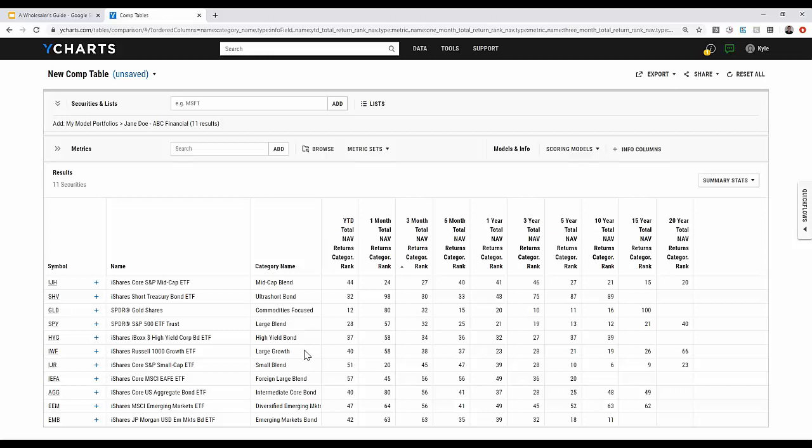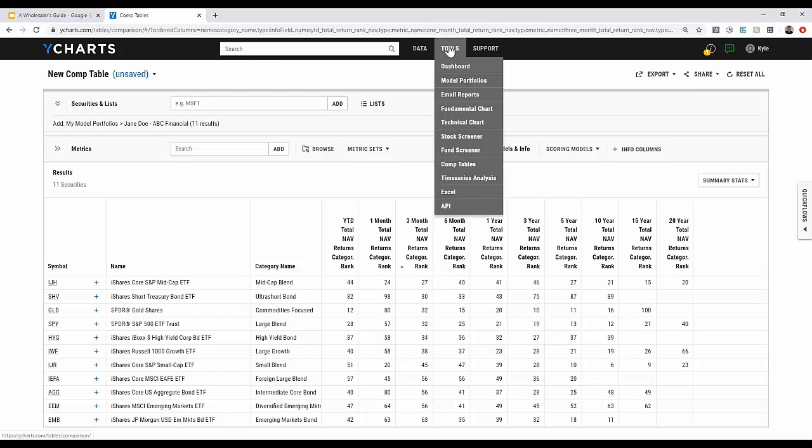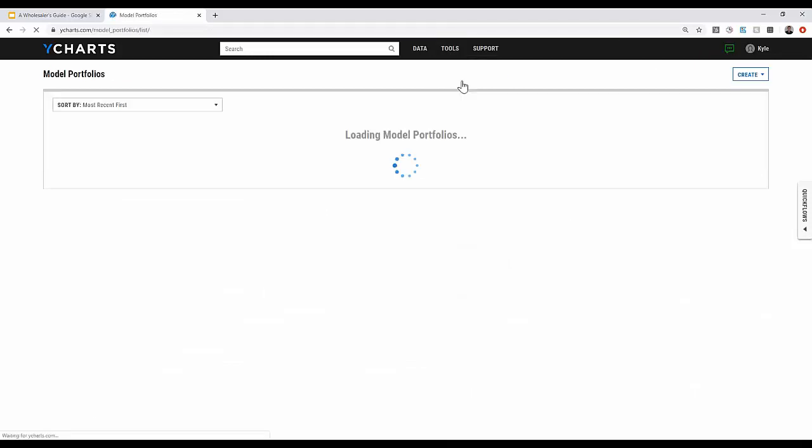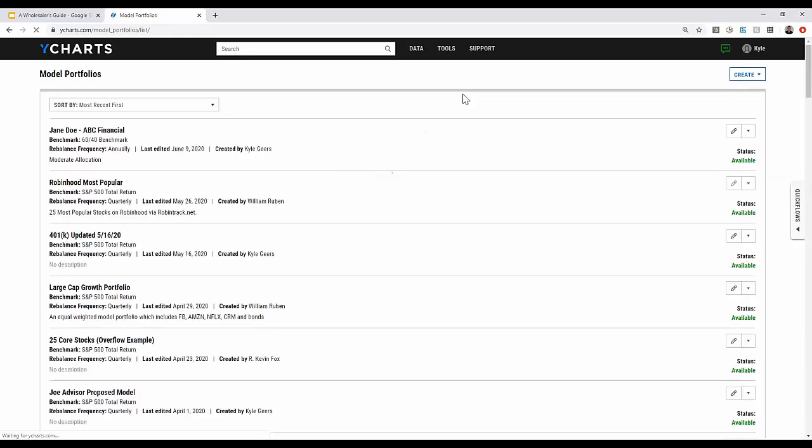Let's talk about the fact that we've identified something we can replace or a shift in allocation. Now, how do we communicate that and how do we visualize that? What we'll do is go back to the model portfolio section, so Tools and Model Portfolios, and we have that original model that's already been built out. That'll appear in our list,